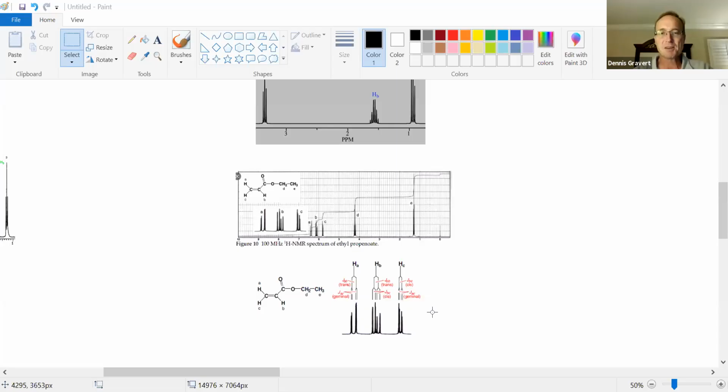Hi, everyone. Let's wrap up proton NMR spectroscopy. We're just going to tie up a few loose ends, talk about a few exceptions to some trends, and give you some help on solving